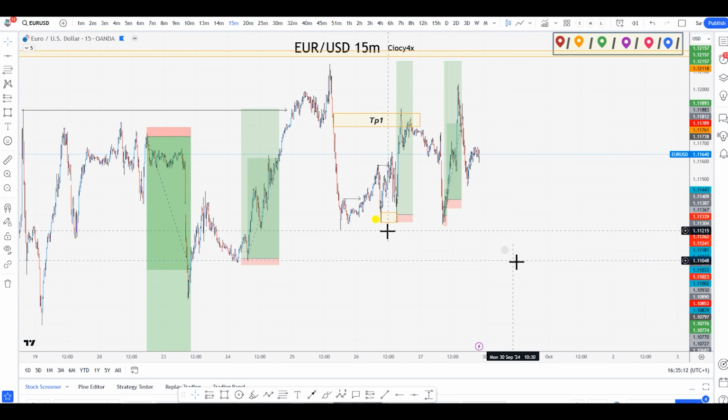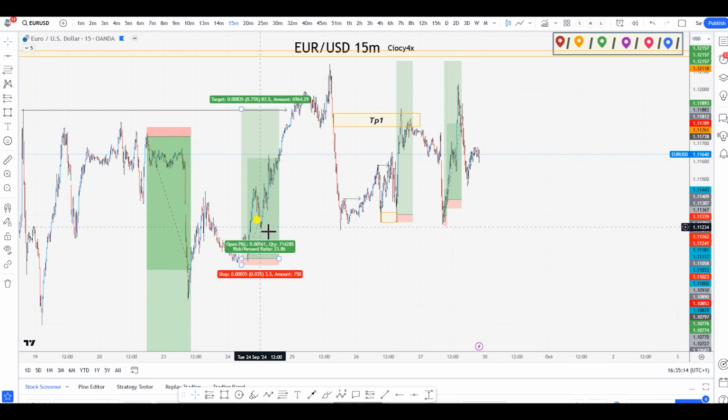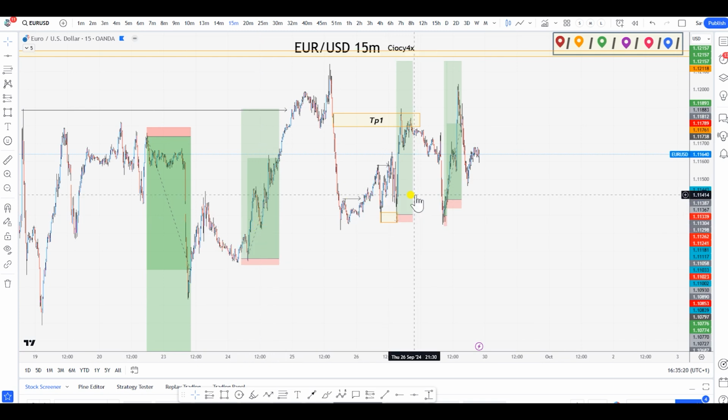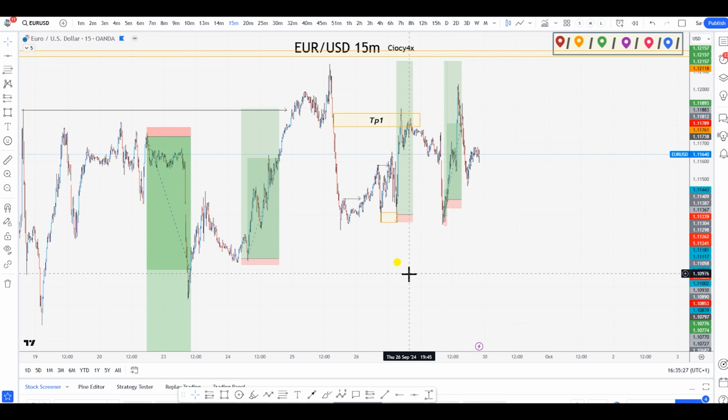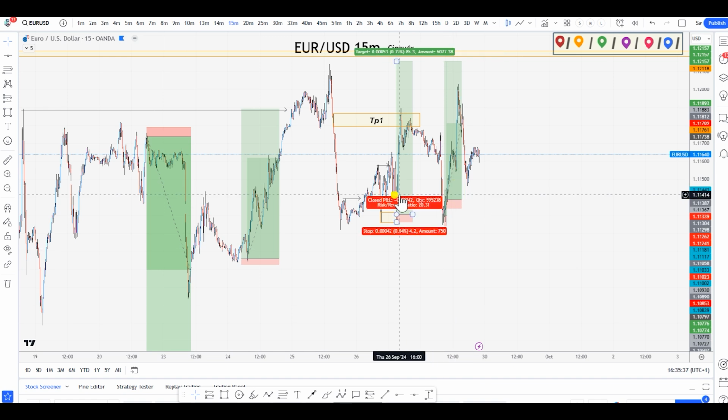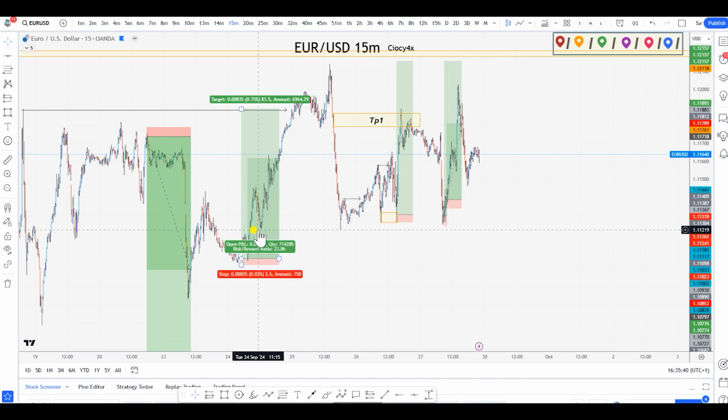There are a lot of misconceptions when it comes to high risk to reward trading. People don't believe that taking this type of trade is actually possible for a 1 to 20, 1 to 20, 1 to 16, and so on. And the reason for it is because they don't know the one thing that I'm going to show you today. This one thing will explain objectively how you can take the same trade as I did over here, and over here. So let's get started.